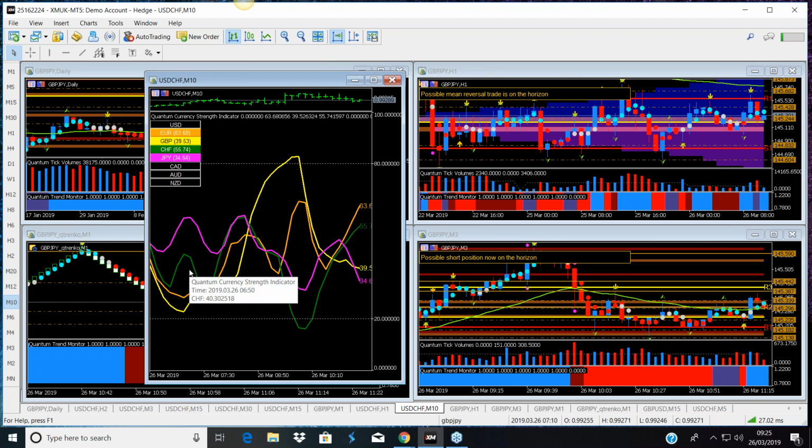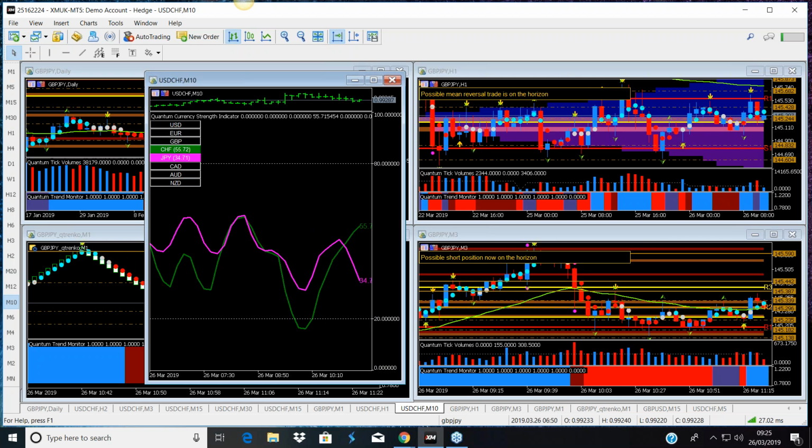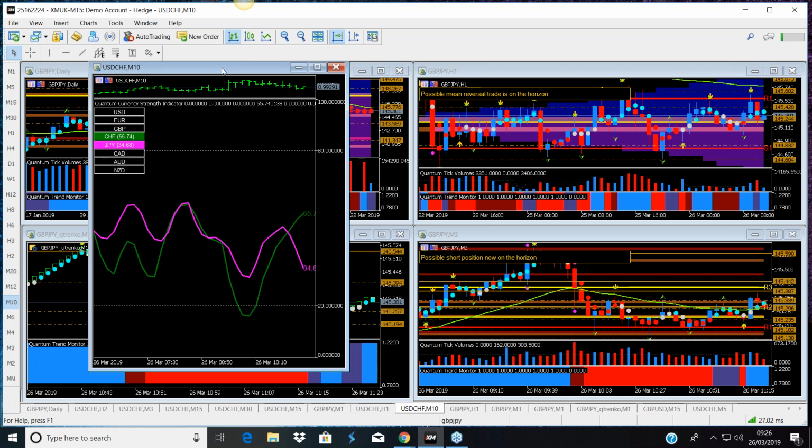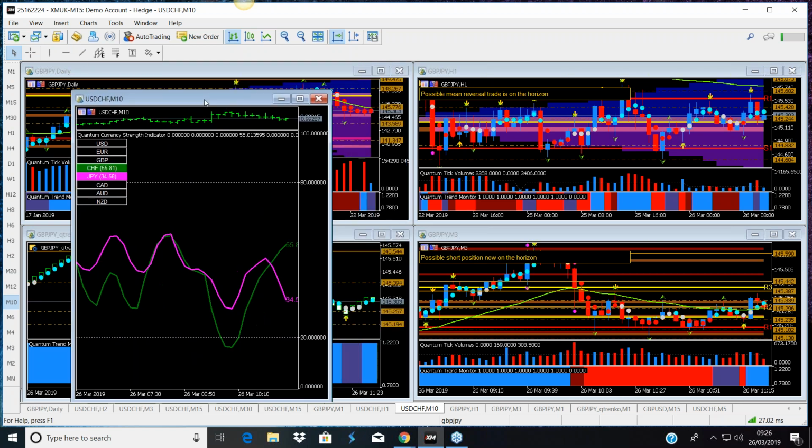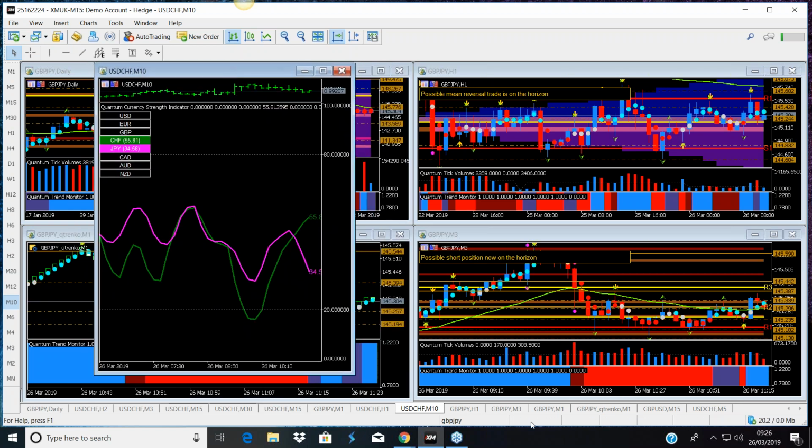You can see there the Swiss franc's not rising nicely, the green line, and the Japanese yen has now kicked over and is selling off quite strongly. So you'll see a trend there. There we go. So there will be a nice little trend developing there on the, let's say, the 3, 4, 5 minute up to the 10-minute, and maybe that will migrate out to the 15, but that's what you're seeing right now.